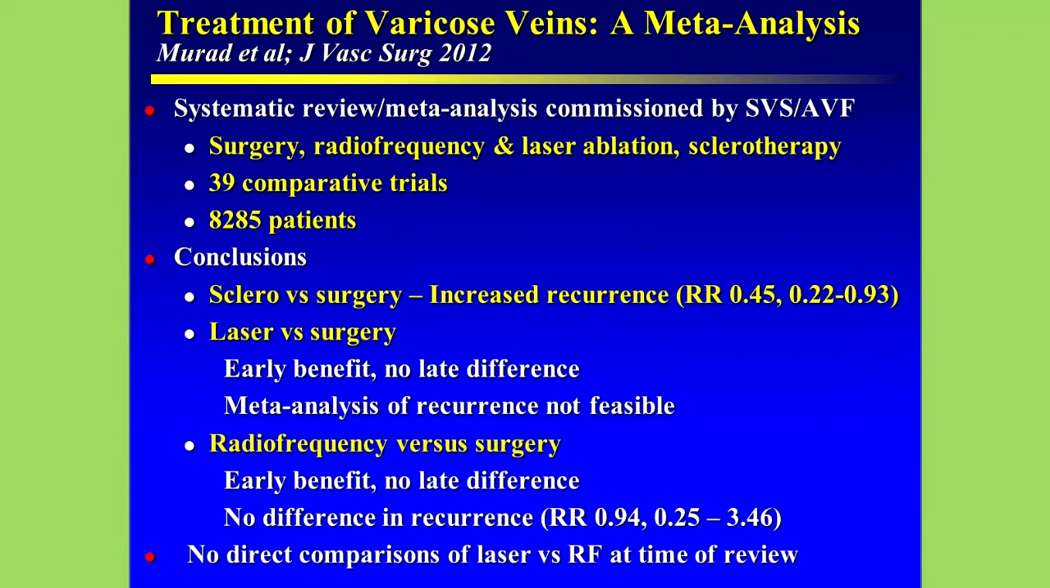So now moving to the modern era, probably the most robust data comes from a systematic review and meta-analysis that was commissioned by the Society for Vascular Surgery and American Venous Forum, and this was just comparative trials. That is, there were no case series in this study. All of them were series that compared surgery to radiofrequency ablation, laser ablation, or sclerotherapy, and it included almost 10,000